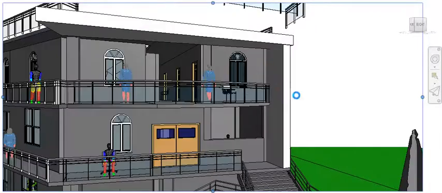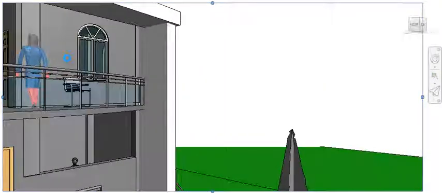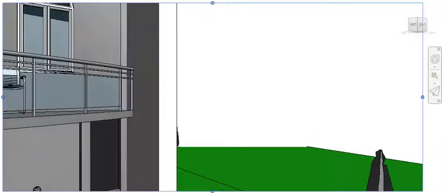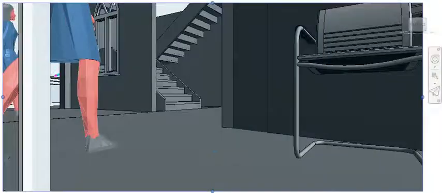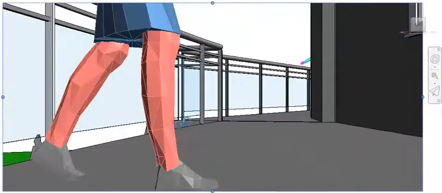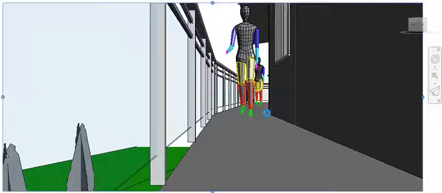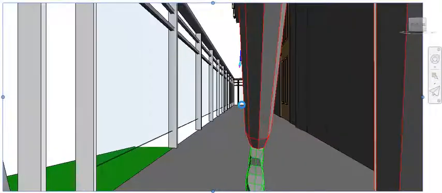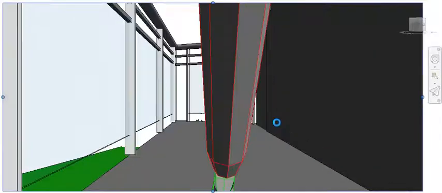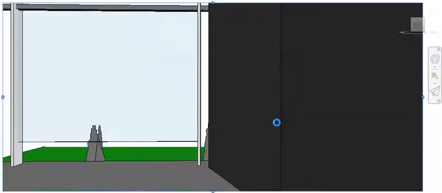Now we are going to enter the second floor. This is the front side of the second floor, and this is also a balcony. This is a balcony of the second floor.